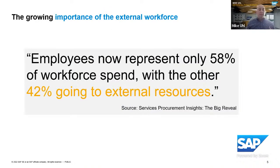So, it's just a quick stat quote. Full-time employees represent 58% of the workforce, and up to 42% on average is going to external resources. So organizations as a whole, more and more need to track how much money they're spending on these resources, what they're actually doing, are they getting it done on time, and combining that with their full-time salary employees, right? So it's growing pretty regularly year over year,